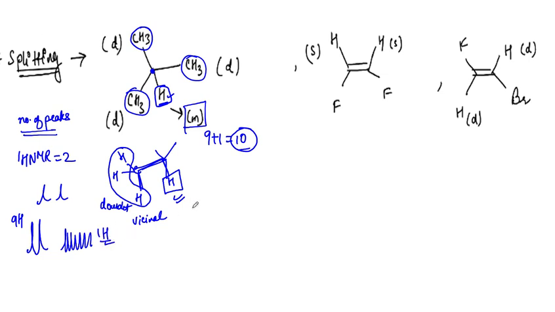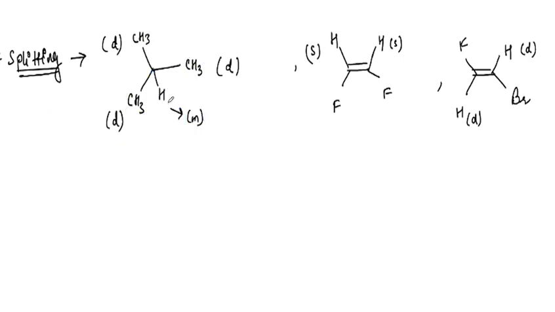So I hope that you understand a little bit of the splitting pattern. Now we are going to get a multiplet for this one and a doublet for all of these, right? Let's now move on to the other example. So guys, this is going to be a doublet. So what do we see over here, guys?